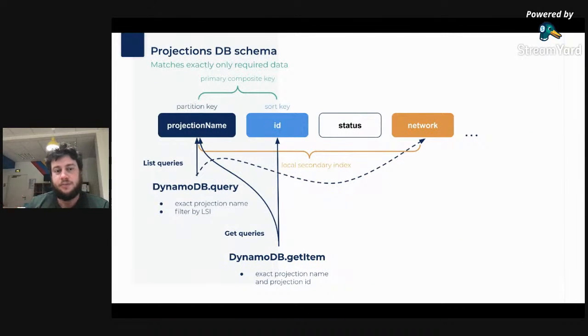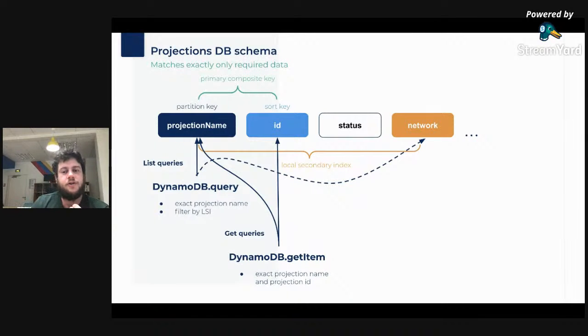Now let's take a look at our projection DynamoDB schema. So the bottom right DynamoDB table on our first schema, where you actually have a disposable projection representing the state of the system, specifically designed for the various queries that you want to answer to. Inside this table, we will use as well a primary composite key. The partition key will contain the projection name, the specific query that this item will be used for, and the sort key will contain the ID, the aggregate ID that was used on the previous event ledger table.